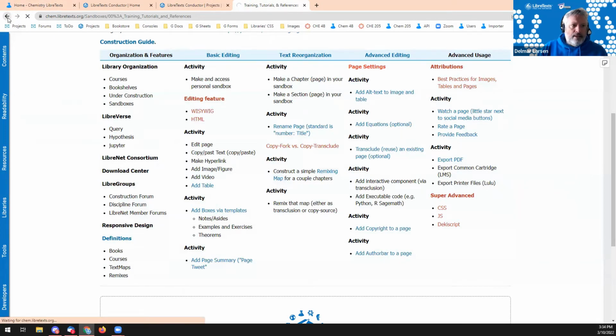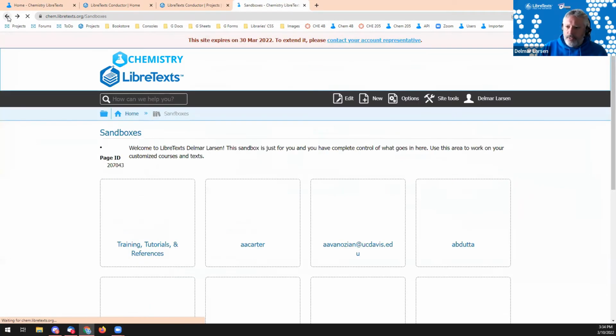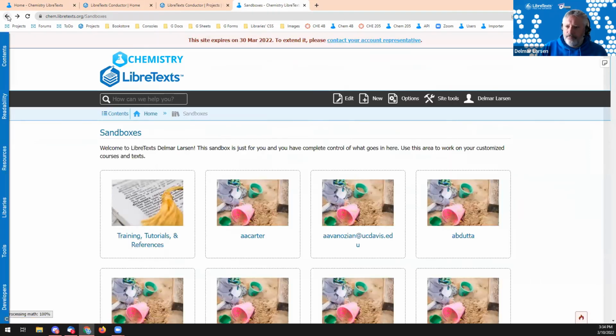I want to mention again that in your sandbox, you have full ability to create, delete, and edit any page that you want. However, when you're outside your sandbox, you do not have that access. If you find something that needs to be edited or changed in the library, part of the aspect of OER, and especially within the LibreText project, is community curation. If you see a page that is factually incorrect and needs to be addressed,